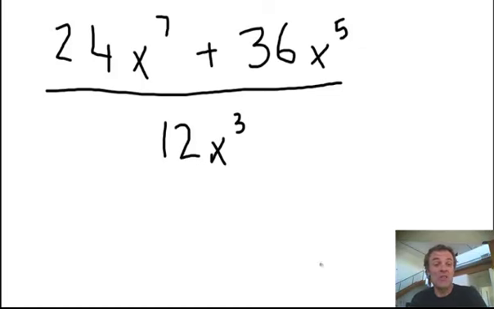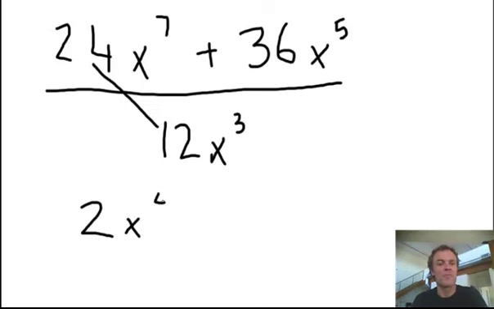So this is now doing straight division. Okay, what is 24 divided by 12? I'm looking at these two first. 24 divided by 12 is 2. x7 over x3. Remember, when you divide, you subtract the exponents. So that is x4. Remember, I can't combine these two things on top. They're both x's, but one's an x7, one's an x5. So, plus,